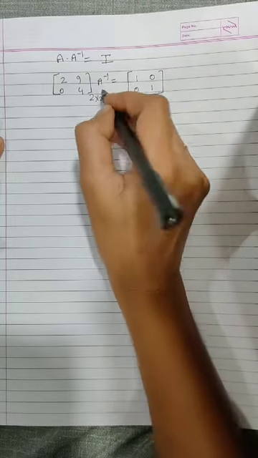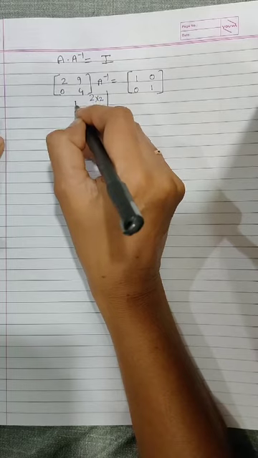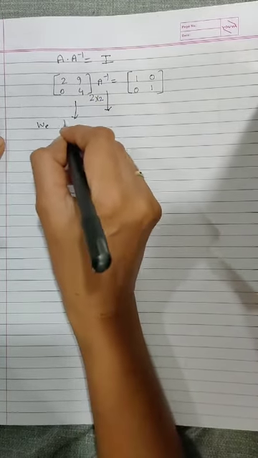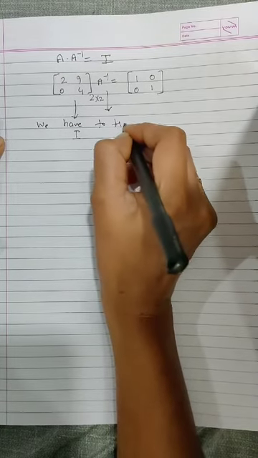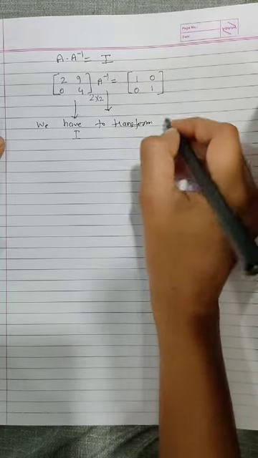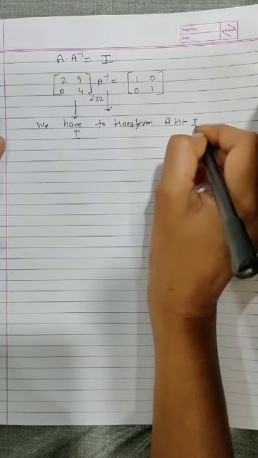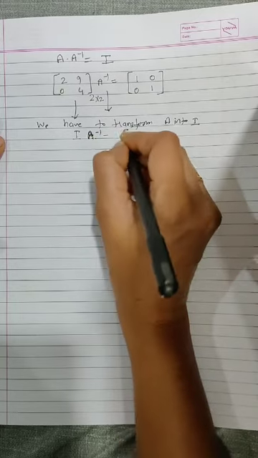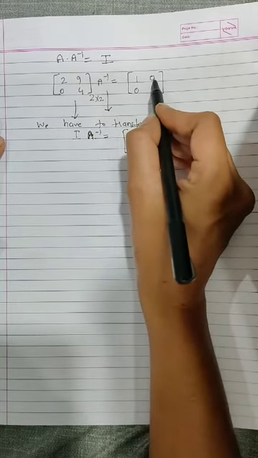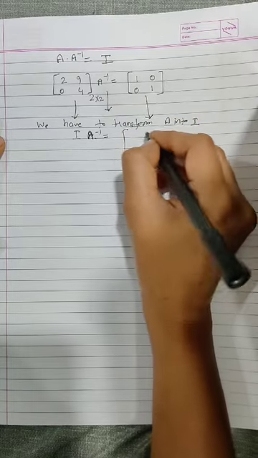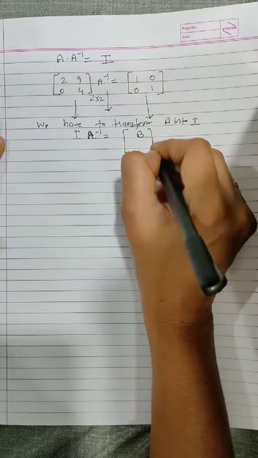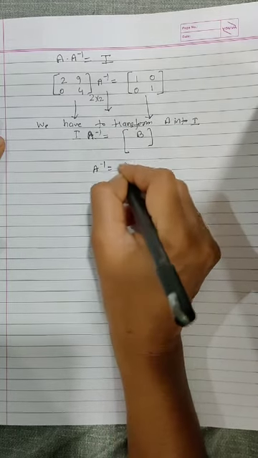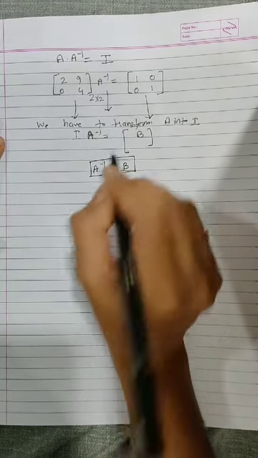Now our aim is to find A inverse. So actually we have to transform this A into the identity matrix I. This A inverse will remain as it is, and when we make the transformation, there will be changes on the right hand side. So this identity matrix will change to another matrix. Suppose it is equal to B. Now identity matrix into A inverse means A inverse, and the new matrix obtained is B. In this way we have to find the inverse of a matrix.